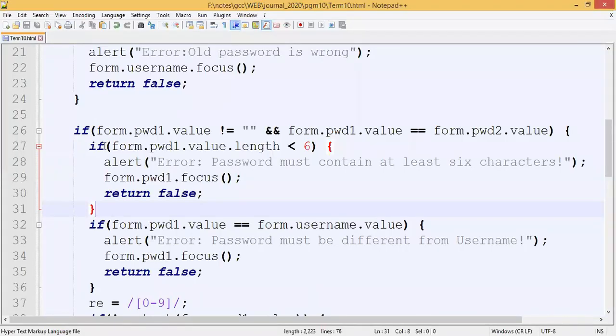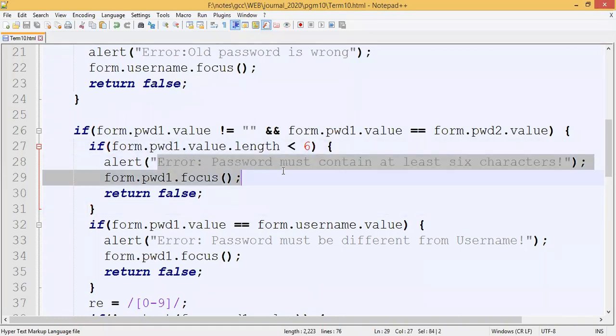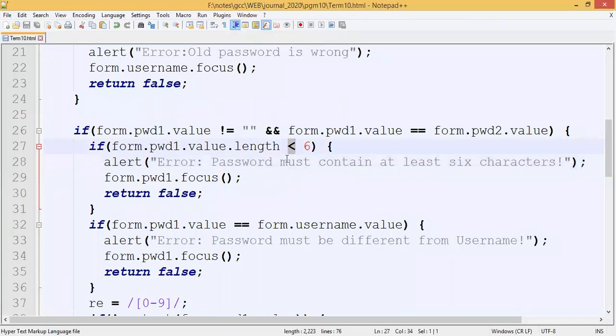So now it has entered into this if condition. We were getting this particular message, password must contain at least 6 characters, because our password contained only 3 characters. Since the value is less than 6, we are getting this message. And then it returns false, which means the form is not getting submitted. So now let us try to enter 6 characters.